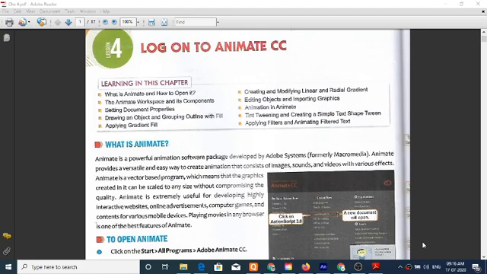Animate is a vector-based program, which means that graphics created in it can be scaled to any size without compressing the quality. Animate is extremely used for developing highly interactive websites, online advertisements, computer games, and content for various mobile devices. Playing movies in any browsers.